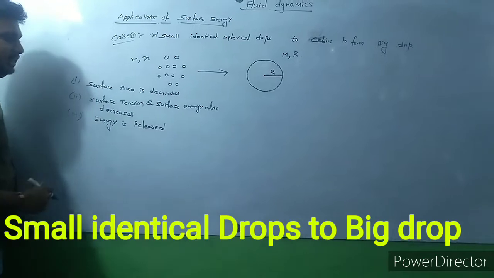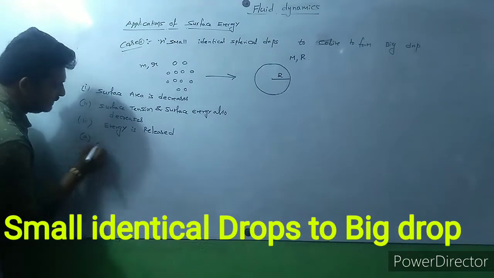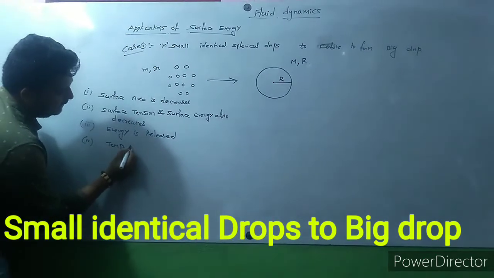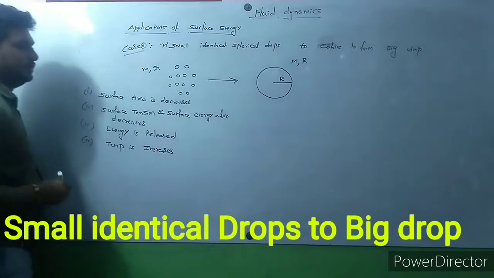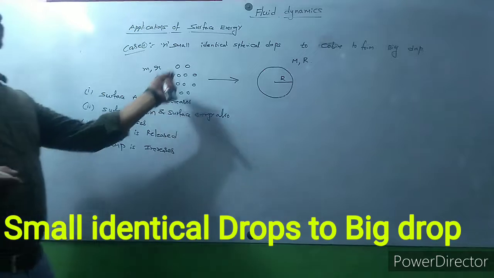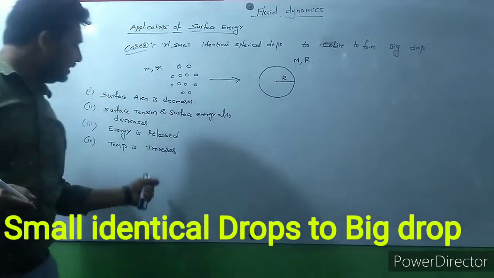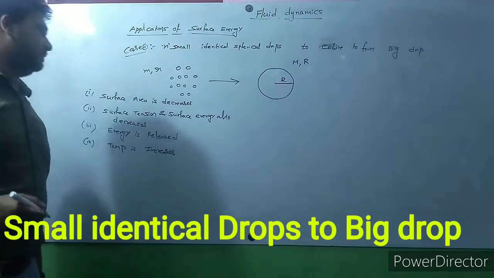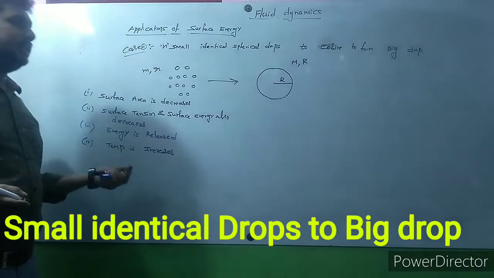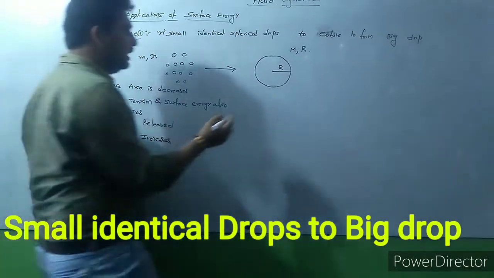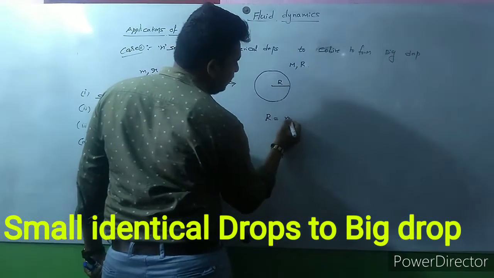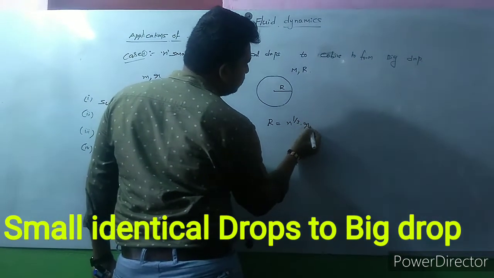Energy is released here and temperature increases. When small drops form a big drop, temperature is going to increase. So here also the relation is capital R is equal to n power 1 by 3 into small